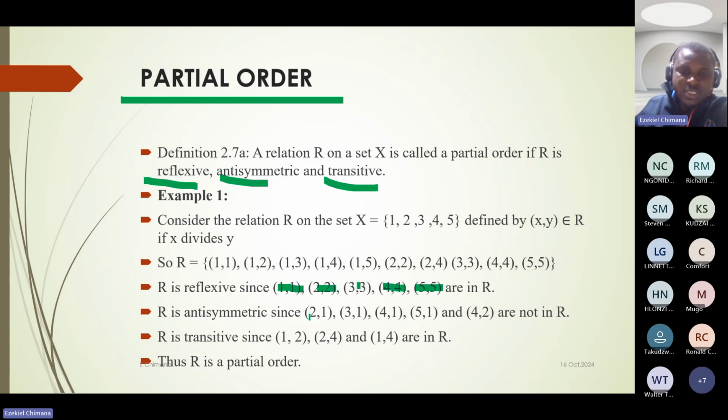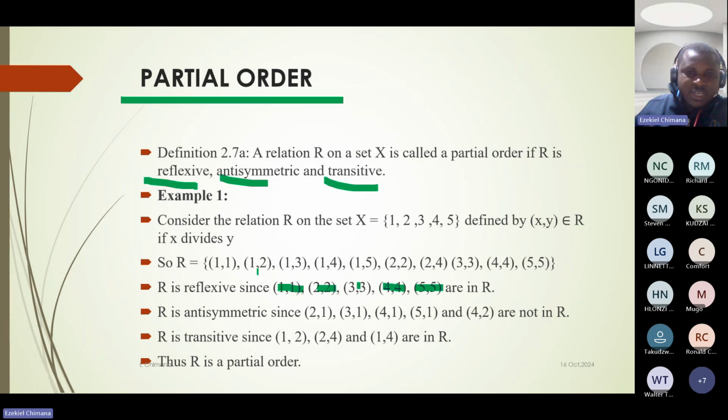Then is R antisymmetric? If you look at it, since here we've got (1,2), right? Do we have a (2,1) here? No. Sorry, we've got a (1,3). Do we have a (3,1)? No. We've got a (1,4). Do we have a (4,1)? No. We have got a (1,5). Do we have (5,1)? No. Same here, we've got a (2,4), but we do not have a (4,2), which means R is antisymmetric. Right, and then for transitivity, whenever you have